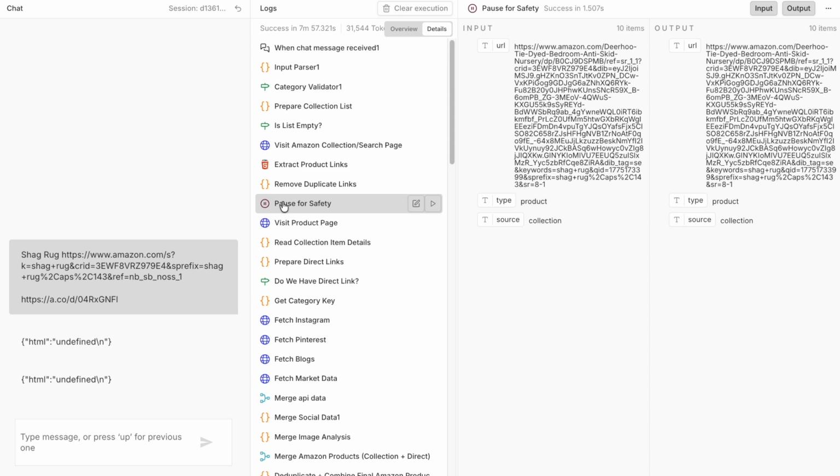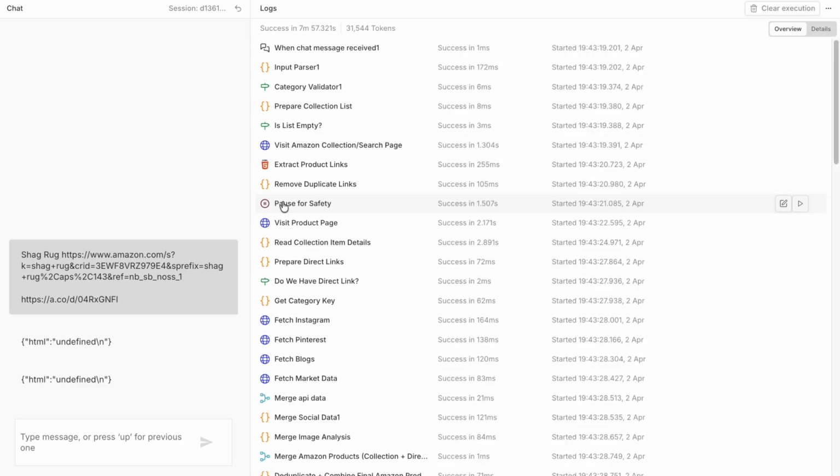As the agent goes through the workflow, it pauses to mimic human behavior. Simultaneously as it goes through the URLs for Amazon and the product links, it also goes through Instagram, Pinterest, blogs, and market data to see what's trending. All of this raw data converges at our merge node, where a custom JavaScript function cleans and structures the output into a clean JSON format. This ensures that when we move to stage 3, our Mistral LLM receives a high quality, noise free dataset to